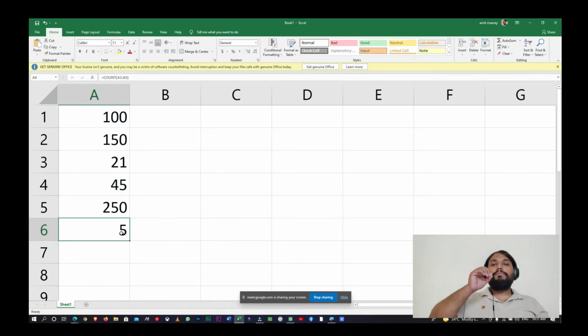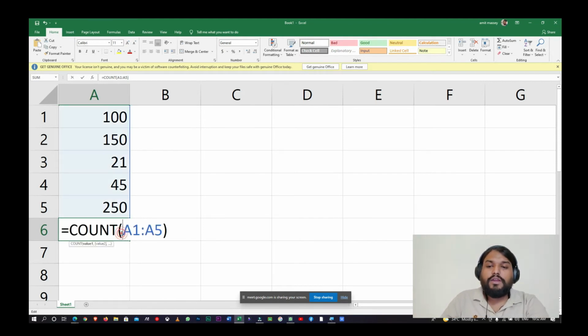What do we mean by count function? It will count the number of cells in which you have given your information, and the number of cells over here are 5. So the function will work like this.